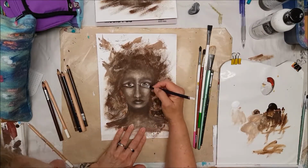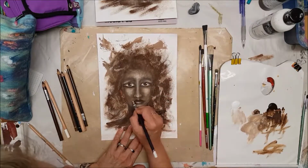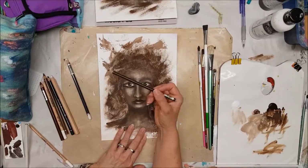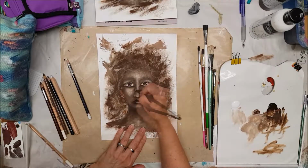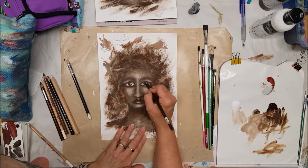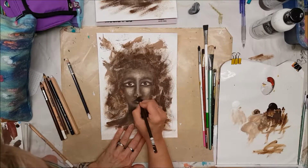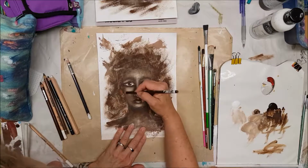At the moment I'm starting on the eyes. I add a bit of highlight on the nose, and I roughly sketch in the shape of the face to make sure I have it how I want it. I put a bit of white in the hair as well. I then go into the dark umber and I start building up the shadows, adding a bit of shape around the eyes again, eyebrows, the pupils, the irises, and I also add that in the hair as well. I also colour in the mouth, add a bit of detail to the lips,